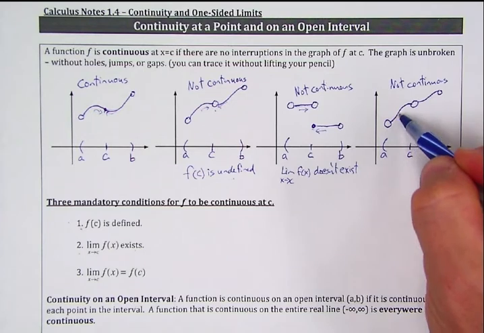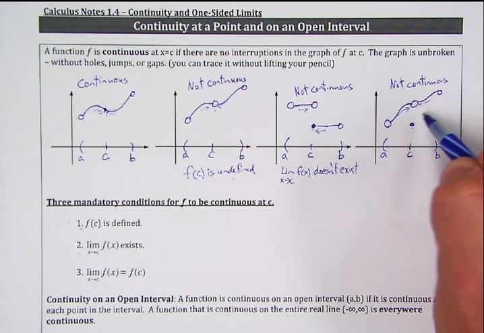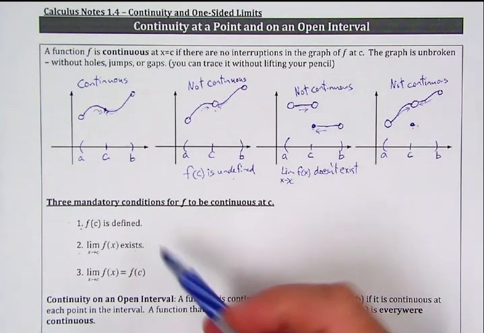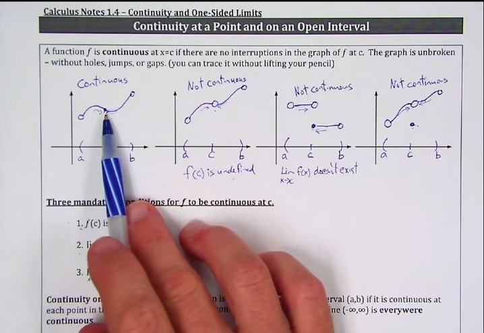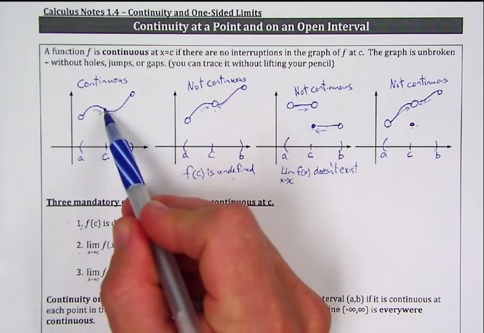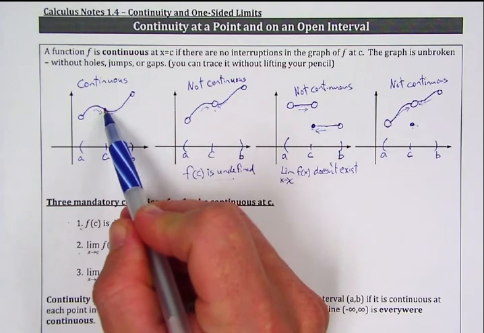In this case, our limit does exist, so this one's already met the first two criteria. But let's try the third here. Here it says the limit of f of x as x approaches c is f of c. So a direct substitution is going to work. So in this case, if I plug c in, I'm going to get the same answer as I did for my limit,